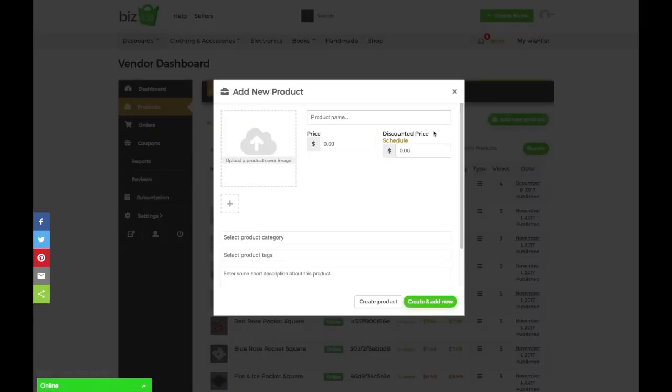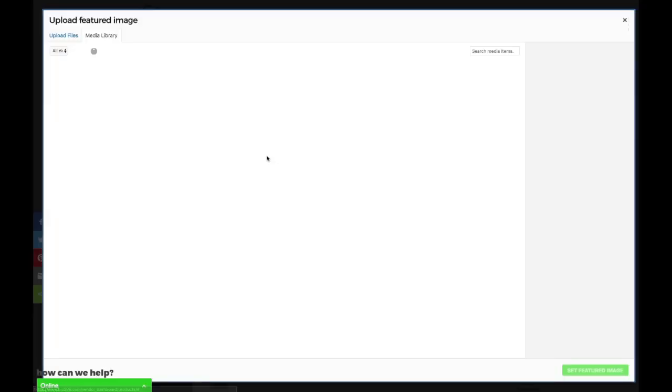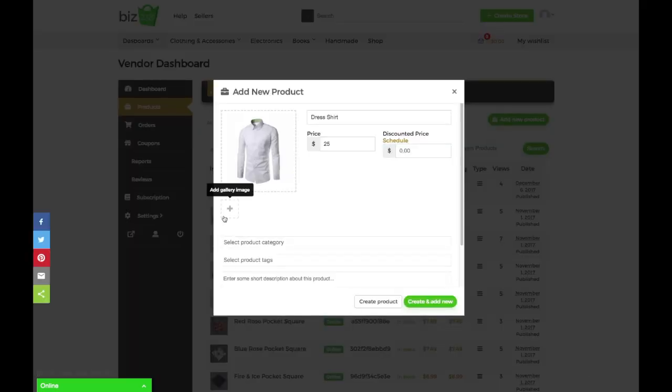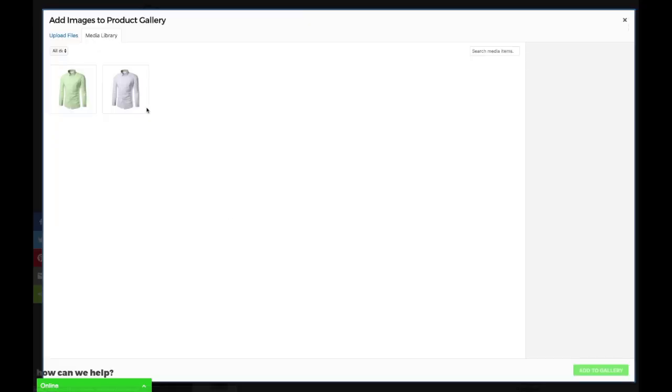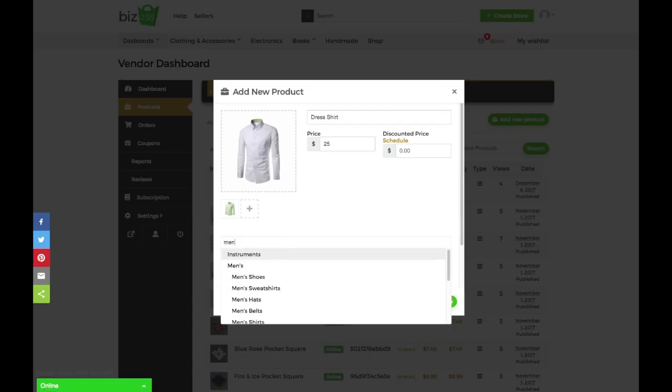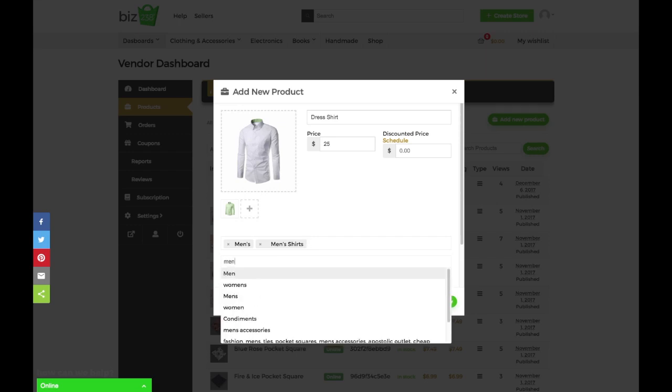And so I'm going to do add new product, and it's going to be a dress shirt. I'm going to set my price at $25, and I'm going to upload an image. If you're on a mobile device or a tablet, you can do this from there very easily as well. Inside the gallery, I'm going to add an additional picture to show that we also carry the shirt in green. I'm going to add a category. I'm going to go to men's. I'm also going to include men's shirts, and then I'm going to add a product tag as men's as well,